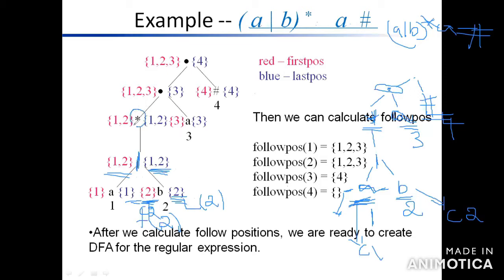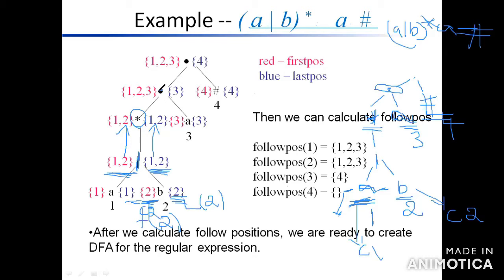The next one is the star node. What do we do for the star node? You have to write the same value. The first position of C1 value you write for the star's first position, and the last position of C1 value you write for the star node's last position. Up to now it's clear. Okay, now you can go to the next node.